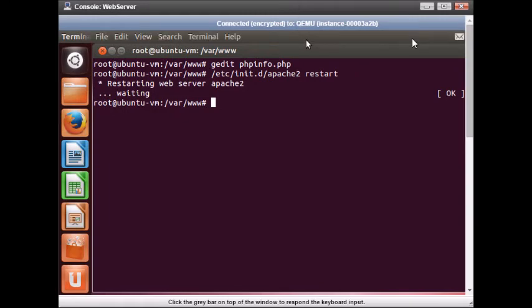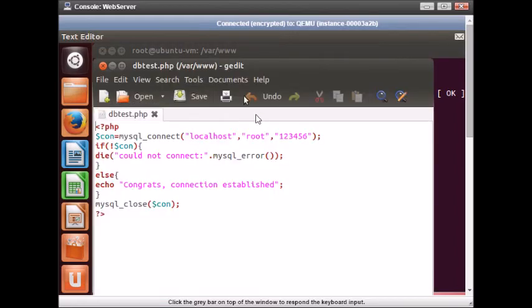Now we have to test MySQL and PHP. For that we create a file dbtest.php, in which we just connect to the MySQL using the user ID and the password which I had given during the MySQL installation, and this is written in PHP.